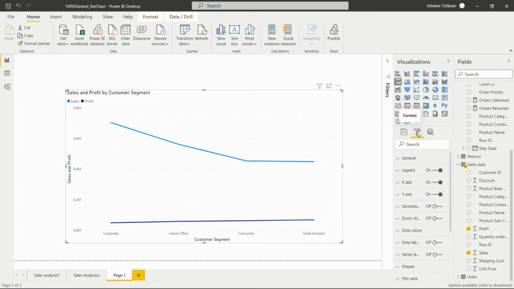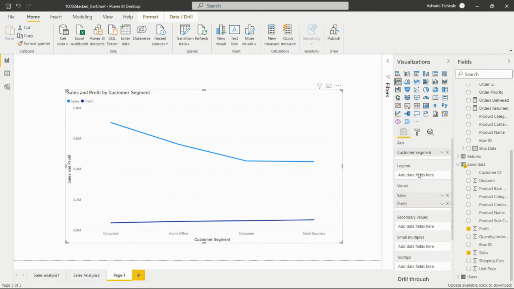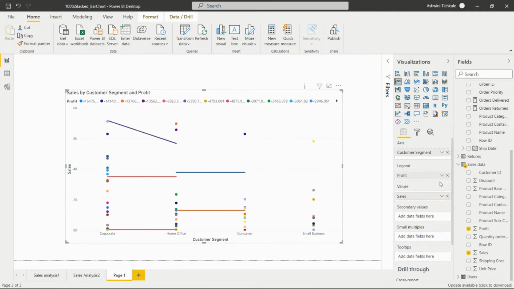From this option we can do the formatting. We can add the legend also. So from this option we can add the legend in this particular visual. So we can take the product category. Okay, we can take the profit.